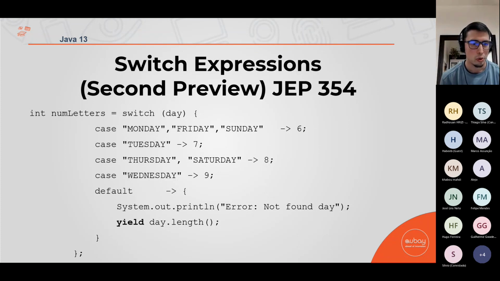I will explain what yield is, but before that, let's talk about switch expressions. Basically, as you can see here, now with switch expressions, we can use arrow functions, like lambda expressions, with switch. So for example, switch on day, and we have a string, we can create a lot of cases, and we don't have to create a lot of break and return. We don't have to create a method for that. Usually we create a method that has the return so that we don't need to create the break.